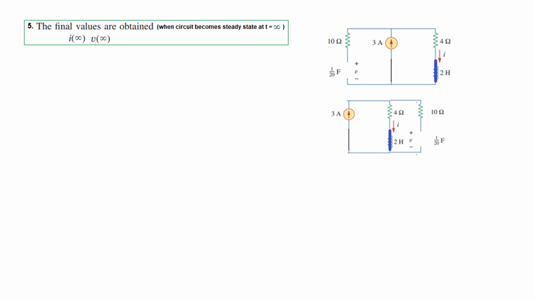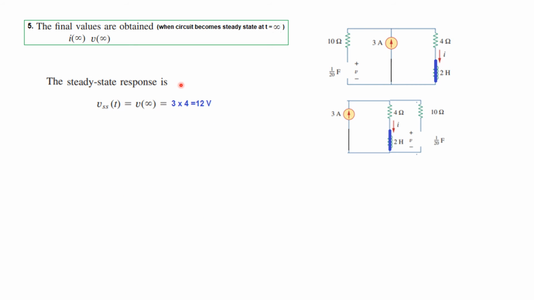Okay, now let's come to the final or steady state at t is equal to infinity. The source is connected for a very long time now. We are at t is equal to infinity, so the inductor will now be short circuit and the capacitor will be open circuit. And if you want to arrange this circuit, we can redraw it. This current here, and then this line, and then this here.